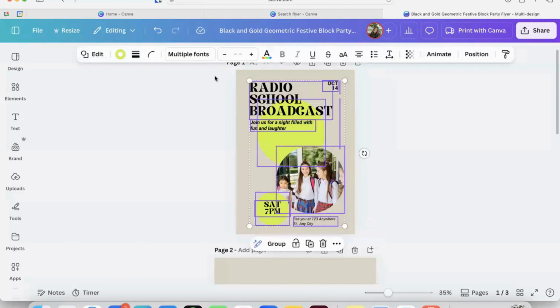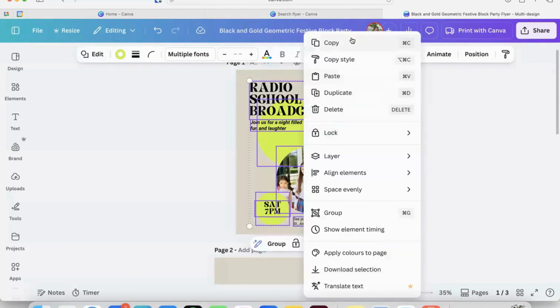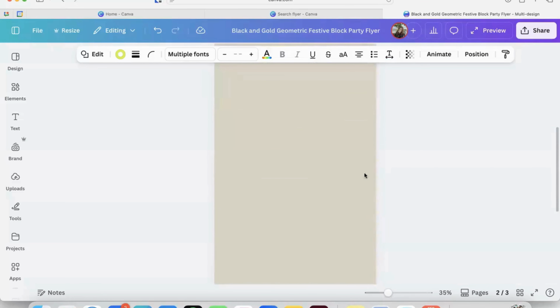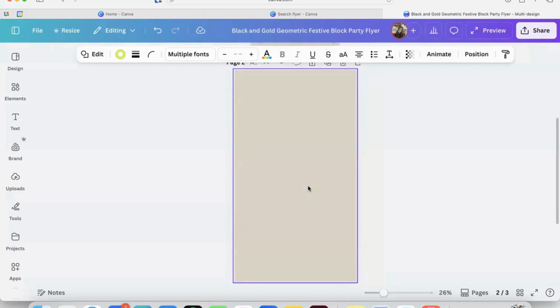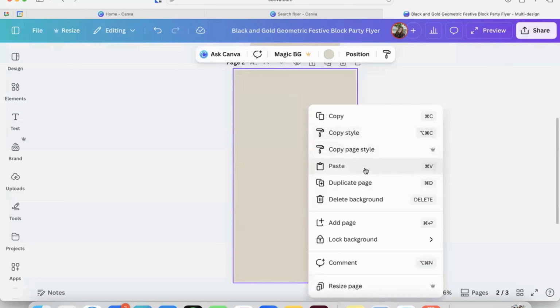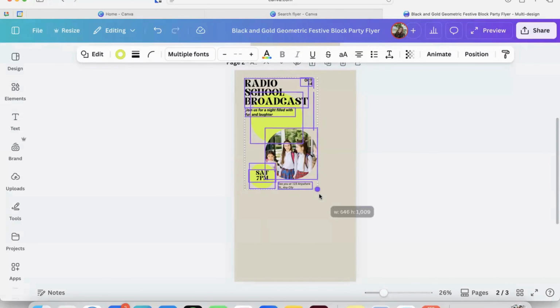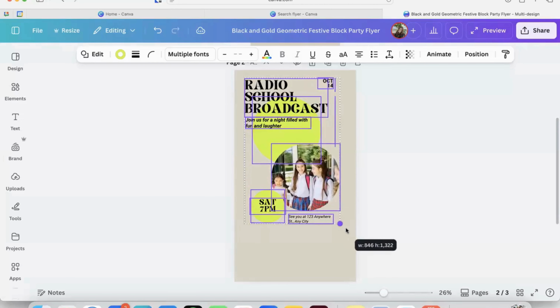So everything's highlighted, and you can either right click and copy, or Control C, and then we scroll down to our next workspace. I'm just going to zoom out down the bottom a bit, and we will paste. Control V. So obviously the Instagram story is a different dimension, so it's going to look a little bit different. It's pasted a little bit smaller on here, so we'll just zoom it out